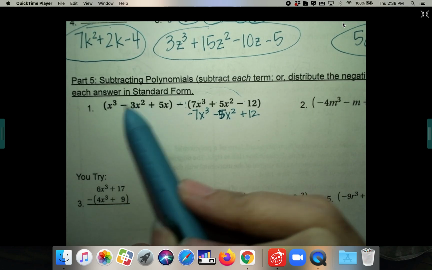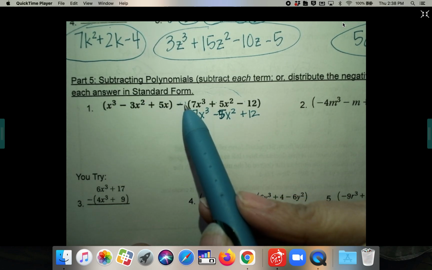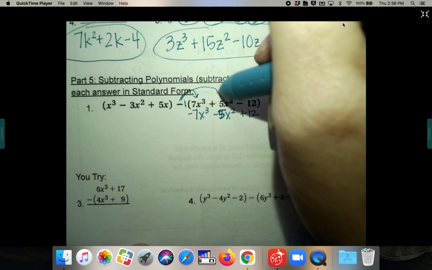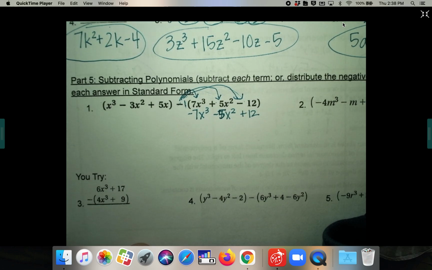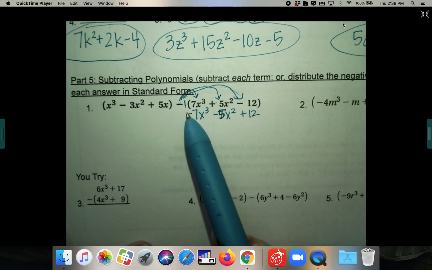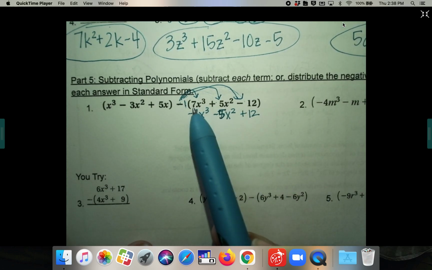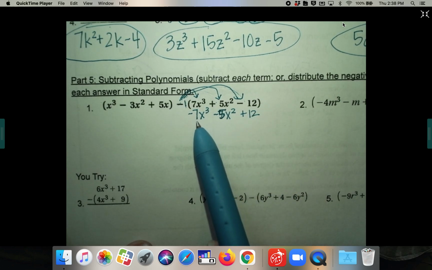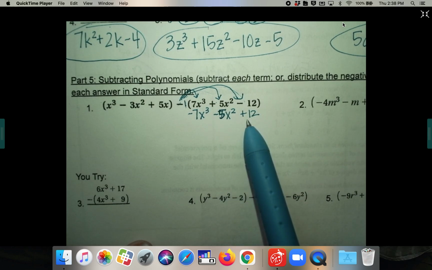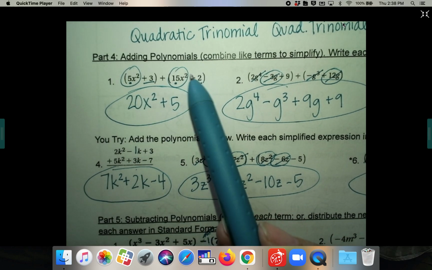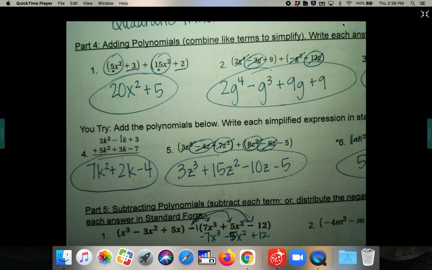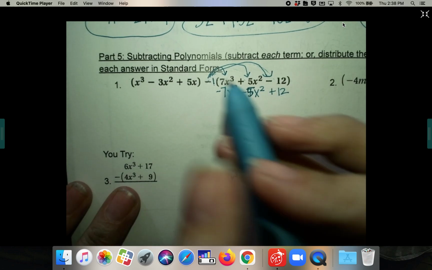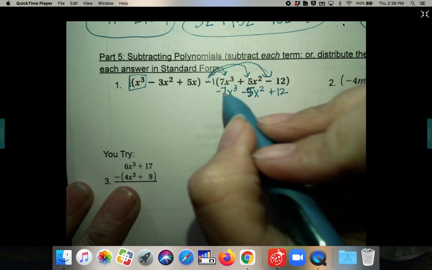So it doesn't mess with the first set of parentheses. These are all fine, but it's like the negative hidden invisible 1 is here, and it goes to all 3 terms, which changes nothing except the symbol in front. So anytime I see a subtraction problem, I stop and I rewrite each individual term below it. And then I do what I did up here. I add the polynomials, because now you can combine their like terms, now that you know what symbol is truly in front of it. So I have a 1x to the third minus